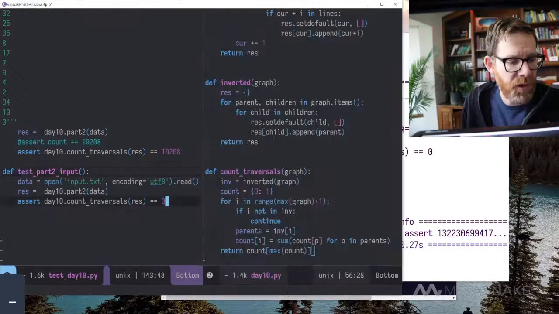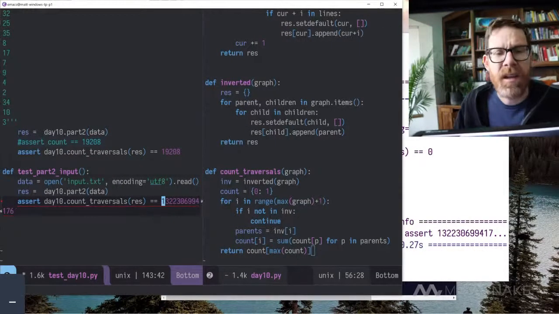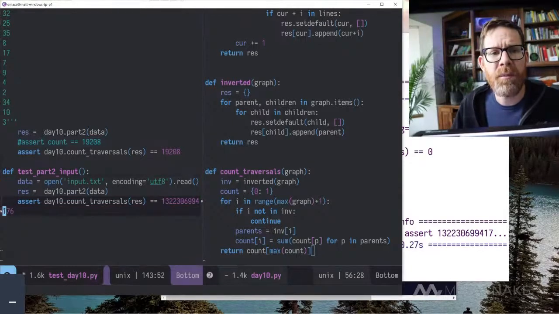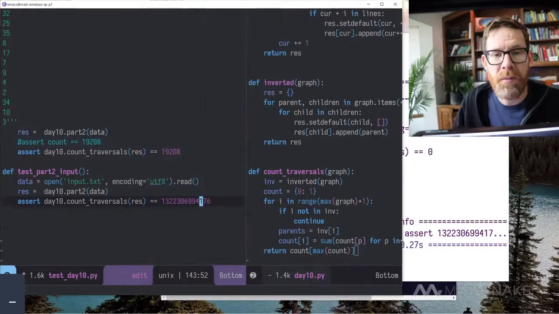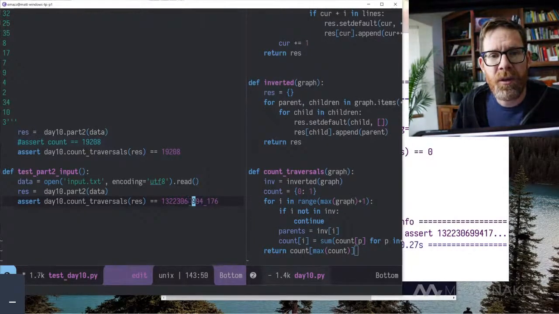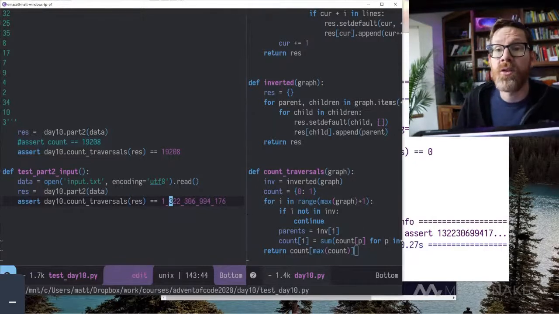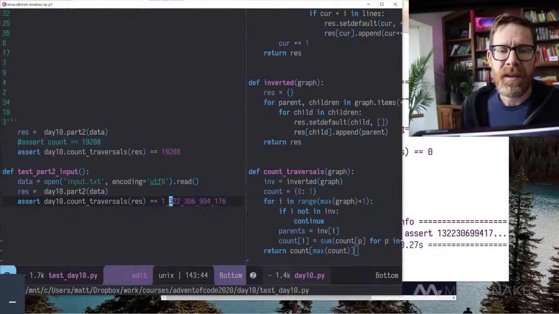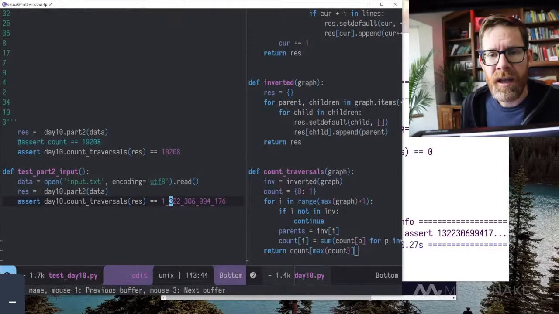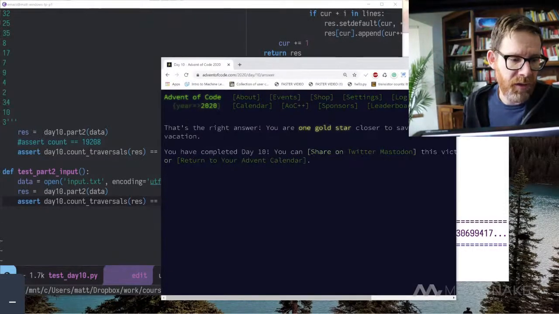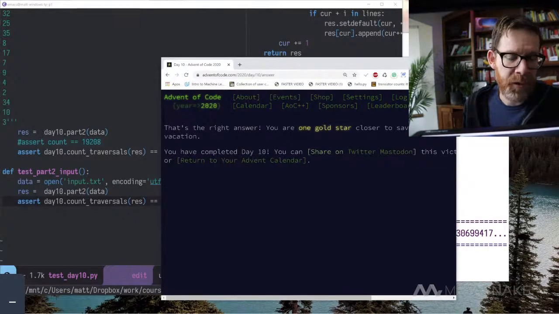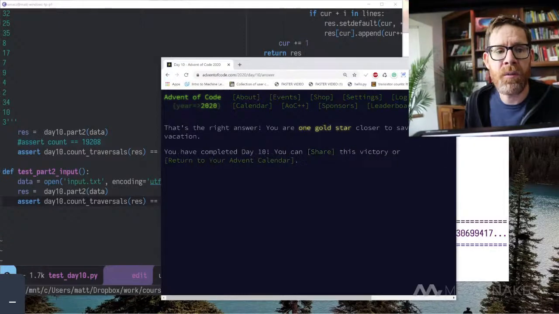What I'm going to do here is plop that in here. And this is hard to read. Let me give you a hint from Python. Python allows you in Python 3 to put underscores in there. So I'm just going to put underscores where I put commas. And we can see that this is indeed 1 trillion. So that, I believe, is our answer. And I actually already went to the website and put it in there. I got the right answer there. And so we are good with that.